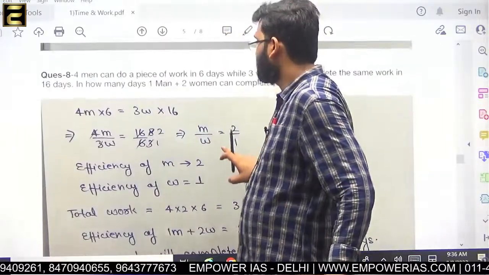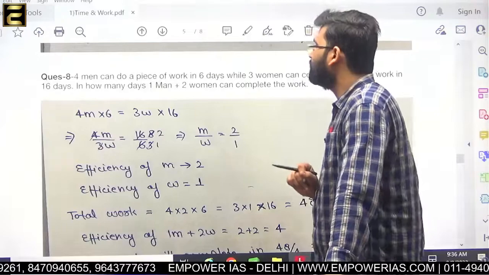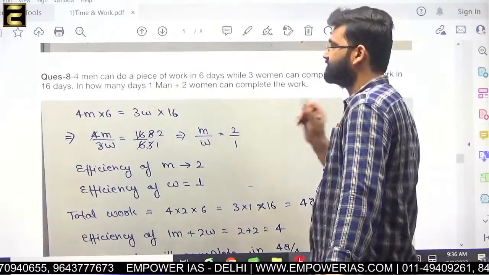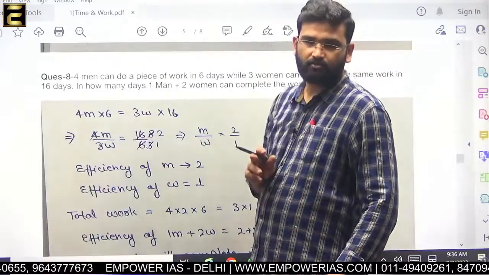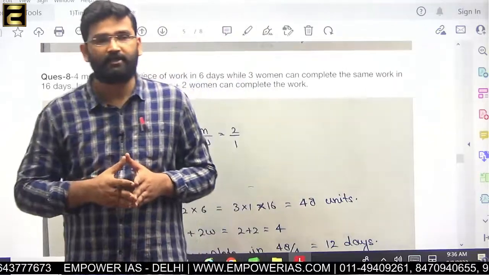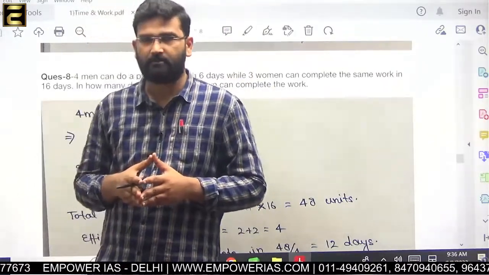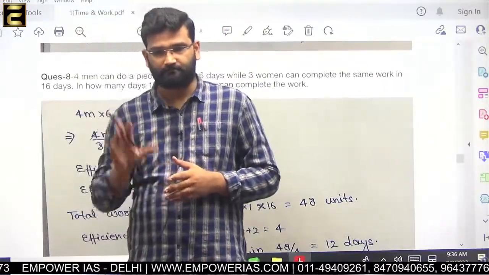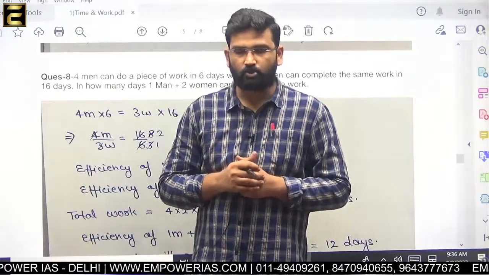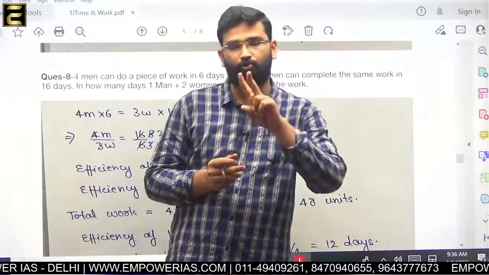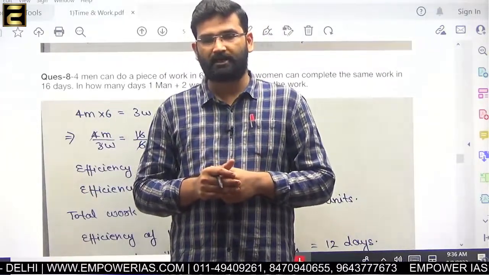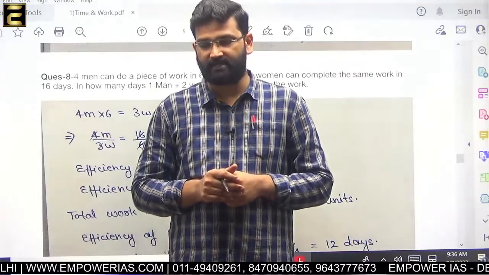Now see here, 4 men can do a piece of work in 6 days while 3 women can complete the same work in 16 days. So see here, this is another way of calculating the efficiency. One way is through the tree diagram. Write in your notes that there are 2 ways by which we can calculate the efficiency. The first way is by tree diagram,